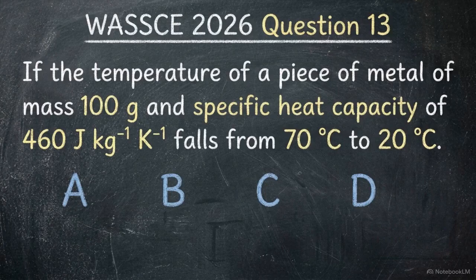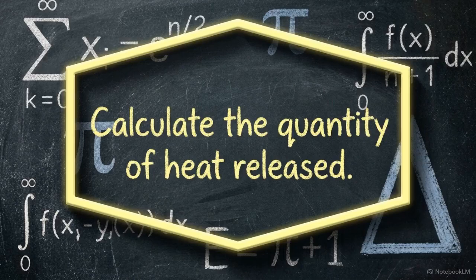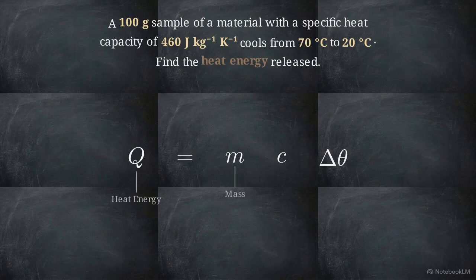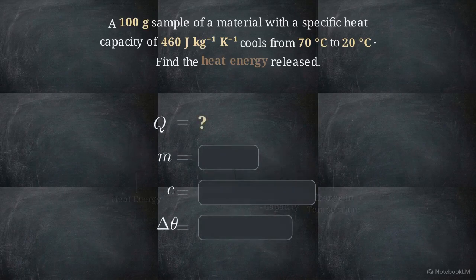We are looking at question 13 from the 2026 WASSCE, and our objective is right at the end. Calculate the quantity of heat released. Whenever a question asks for the quantity of heat involving a temperature change, use this formula. Q equals mcΔθ. Q is heat energy, m is mass, c is specific heat capacity, and delta theta is the